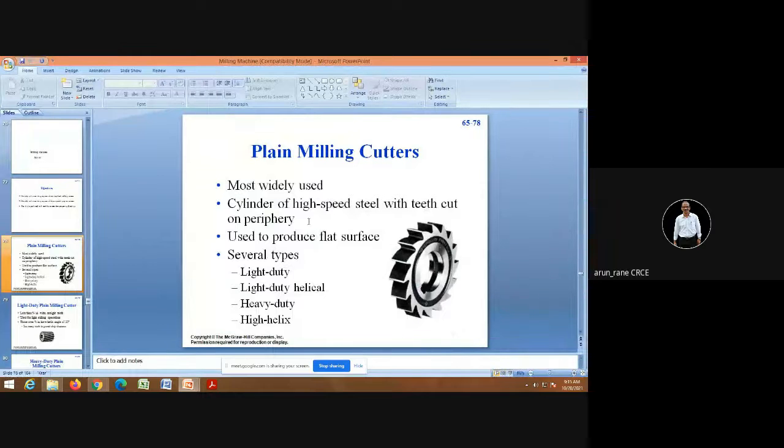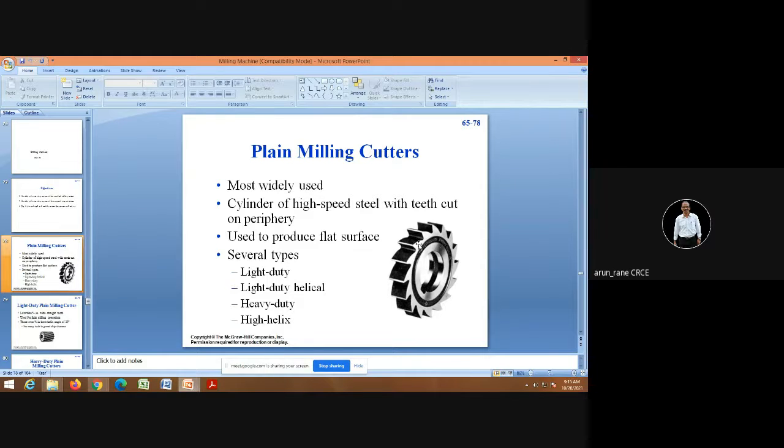So this is different from side and face milling cutter. Why? Because there are no cutting edges on the side. On the side, there are no cutting edges. The cutting edge is only here. This is what is called as the cutting edge. And these are your relief. These are your relief. So you might have seen our knife also, which we used in kitchen. There is a relief provided. And the cutting edge, that is what we call dhaar, that is only a line.